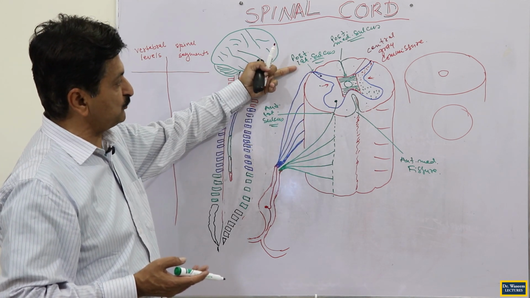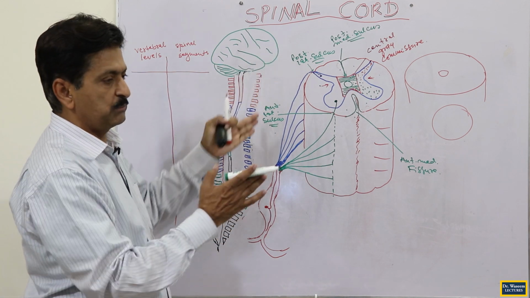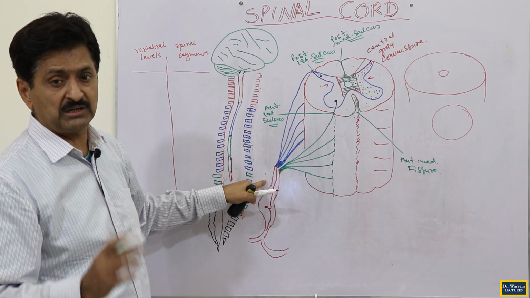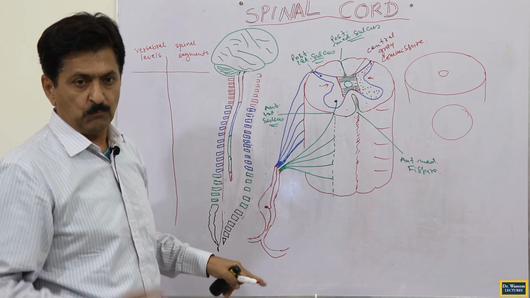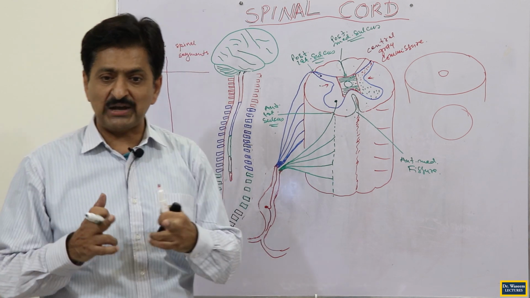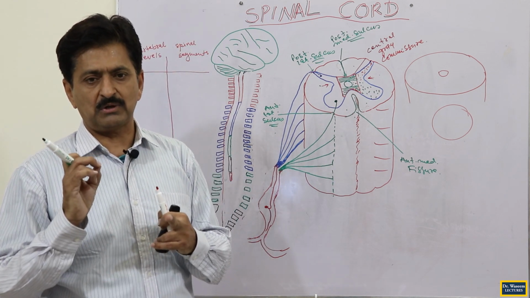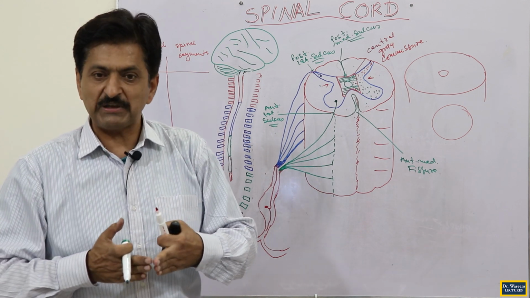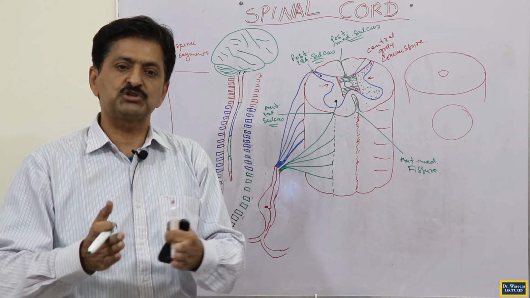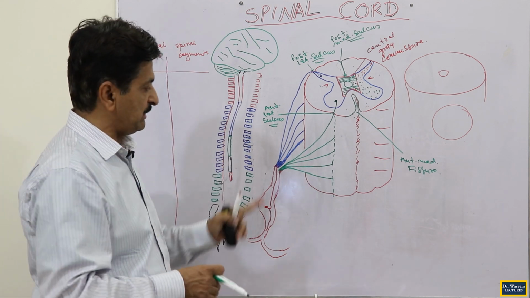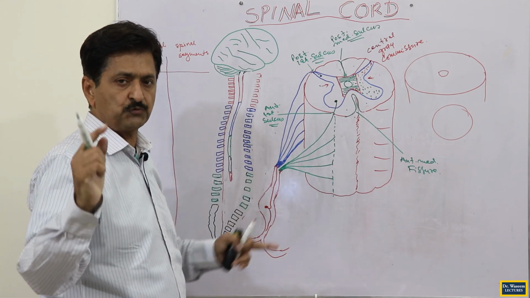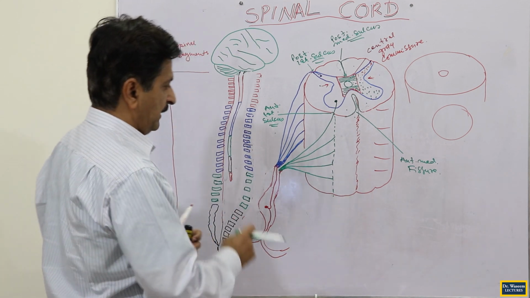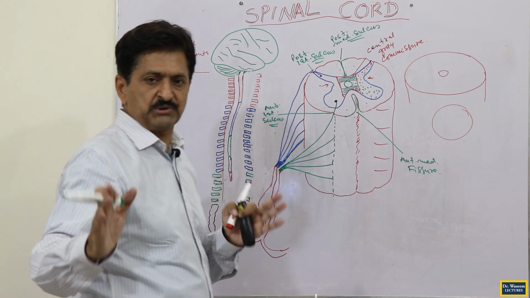And posteriorly, from the posterior lateral sulcus, the sensory roots come out, and both will join together to form the mixed nerve. But where? When they approach the intervertebral foramen. Motor and sensory roots always join together to form a common nerve only at the intervertebral foramen. During their passage within the vertebral canal, the roots do not mix with each other. They only fuse together to form a mixed nerve at the intervertebral foramen. So outside the intervertebral foramen, it is always the mixed nerve that comes out.